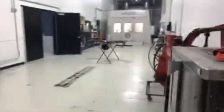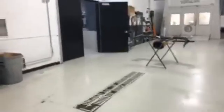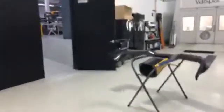So they have a paint booth. Everything gets painted in here. And there's kind of a whole other side to the shop where Dennis has some of his personal cars and toys and stuff in various stages. And then up there is more bodywork area. So we'll kind of circle back, and